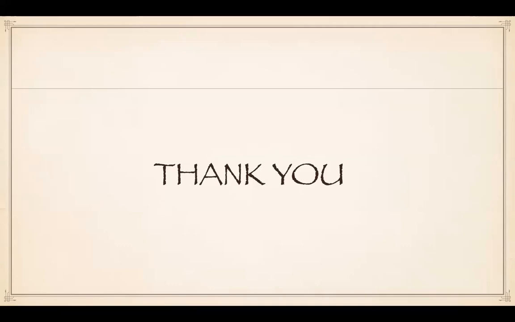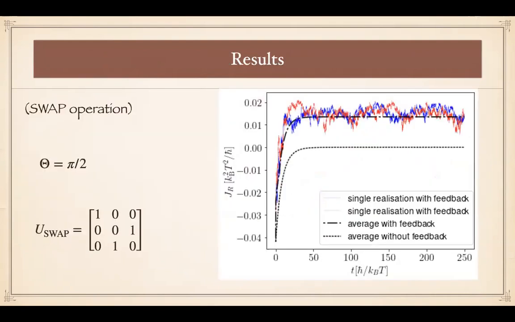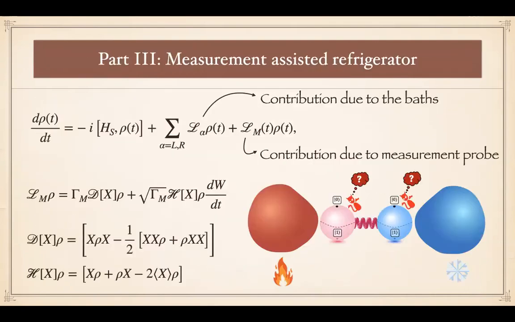In your measurement assisted refrigerators, it's schematic. I'm not sure what exactly the couplings are, but this reminds me of a setup where they have 2 qubits coupled to a hot bath and a cold bath. That diagram is fine. Yes. And there is a point where you get a heat current through the system that leads to the 2 qubits being entangled, when the heat current exceeds a certain threshold. I wonder if there's a connection between those two, and you're making these local measurements and breaking the entanglement that's generated between the two. Yeah, I think the reason we get this heat extraction just due to the measurement has something to do with the entanglement, but we didn't explore further on that topic.